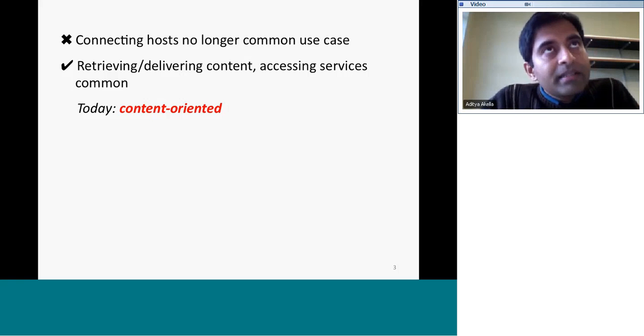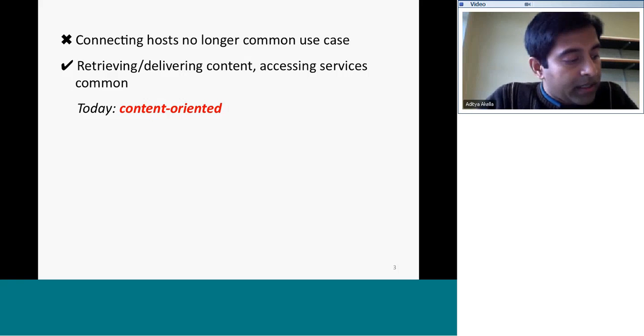Basically, it's time to revisit this because if you look at the internet today, it's no longer about connecting hosts, right? It's about accessing content, accessing news services, and that's the predominant use case. It's more clear day by day that content, as opposed to hosts, has become an equal first-order entity, if not a more important first-order entity than hosts on the internet today.